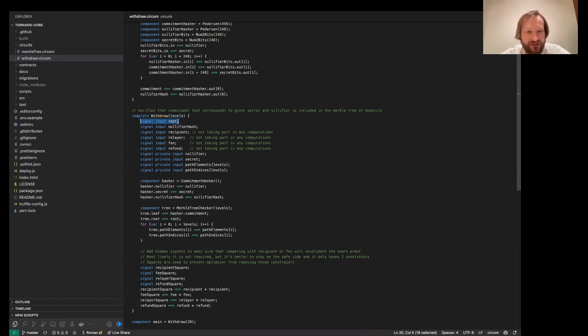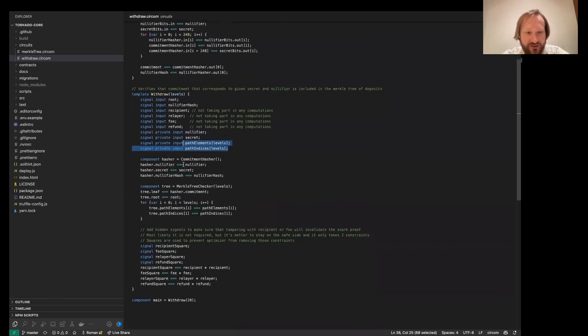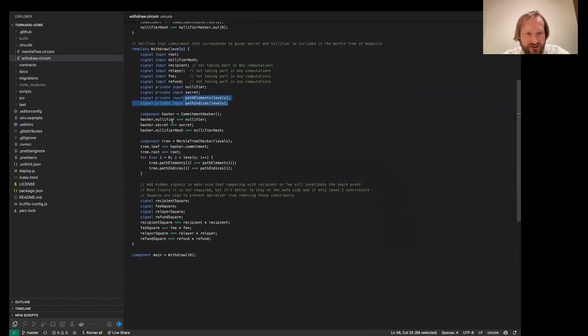So the user submits this Merkle root, his secret and nullifier, these two random numbers that he generated, and the Merkle path to the hash in the smart contract Merkle tree. So what the zero knowledge proof does is it takes these two random numbers and computes two hashes.